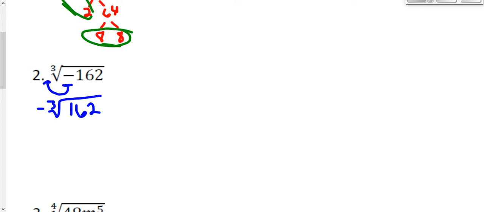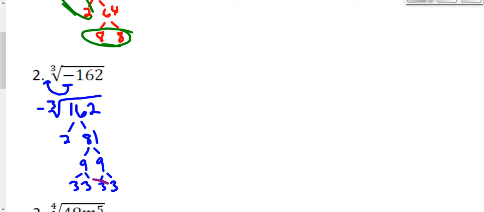Now all I have to do is break down the number 162. Again, I may not know exactly what factors are in there, but I know it's an even number, so it has 2, and it's 2 times 81. The number 81 can be broken down into number 9 and 9, but I can't stop here because my index is 3, so I need 3 of the same factor. So I need to continue breaking these down. So 9 is 3 times 3, this 9 is also 3 times 3,